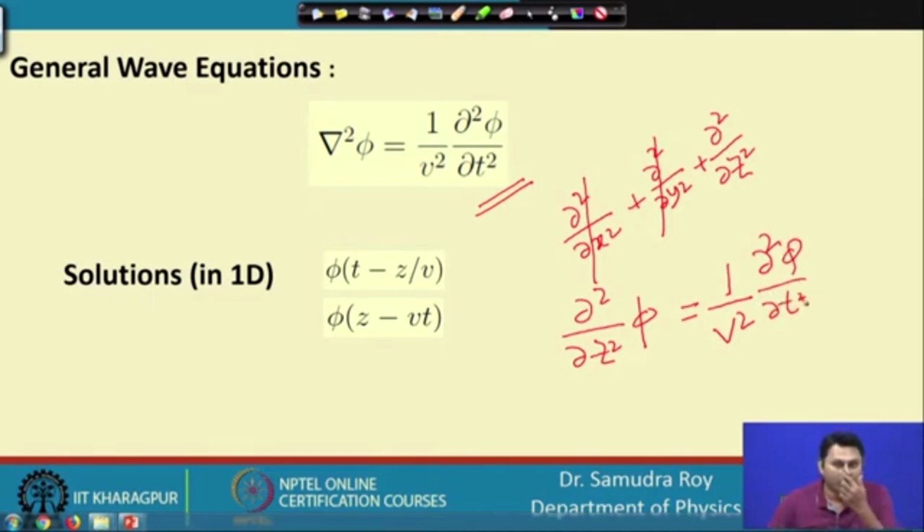This particular form has a specific solution. So, here two solutions are written; these two are some of the solutions. There are also many solutions. In place of this minus sign, I can also put a plus sign, which is another potential solution, but this minus sign suggests that the wave is moving in the positive direction anyway. But the important thing is that if we have this kind of equation, then we have a solution of the